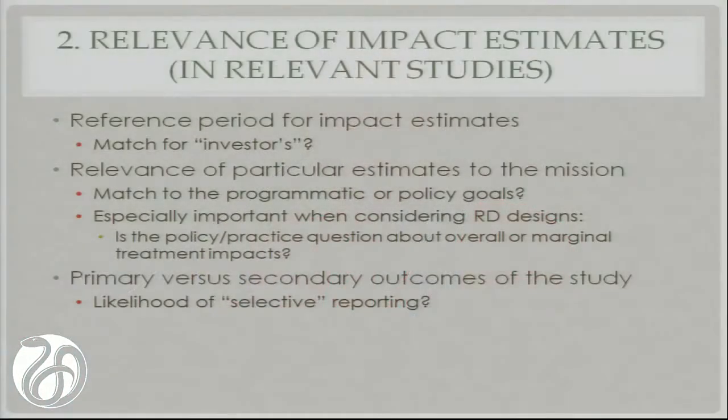And my third one, this is one I think is really important. We started touching on it in the last session. Is this a primary or secondary outcome of the study? And what is the likelihood of selective reporting on this outcome measure? This is dicey because we don't want to be so foolish as to throw out the baby with the bathwater. So certainly if we had a drug and it cured the ill I took it for, but it gave me another one that killed me, I would be really sorry that I didn't look at that secondary outcome, which was not the primary reason